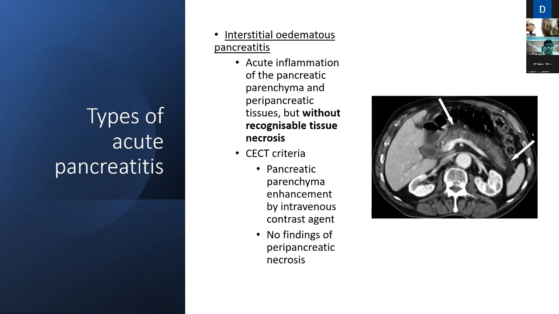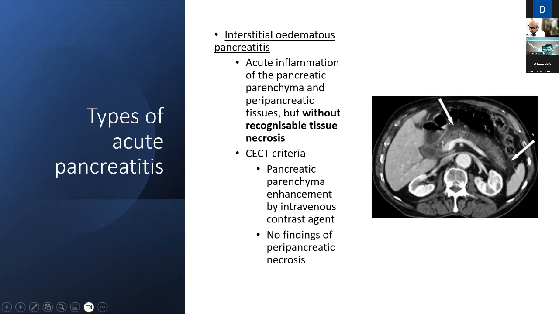What are the types? There are two types of acute pancreatitis. One is interstitial edematous pancreatitis, and the second one is acute necrotizing pancreatitis. In interstitial edematous pancreatitis, there is acute inflammation of the pancreatic parenchyma or peripancreatic tissue, but without any recognizable necrosis. In CT, you can see the pancreas is enhancing well, and the pancreas is bulky,